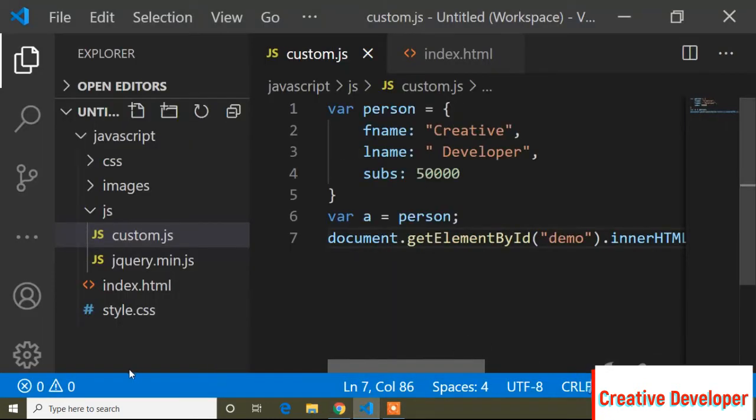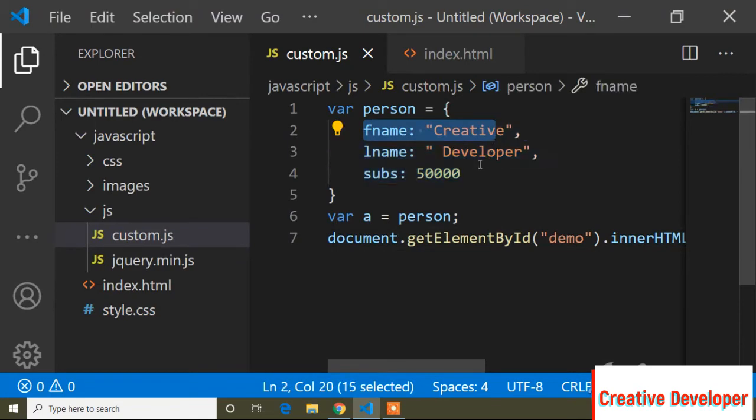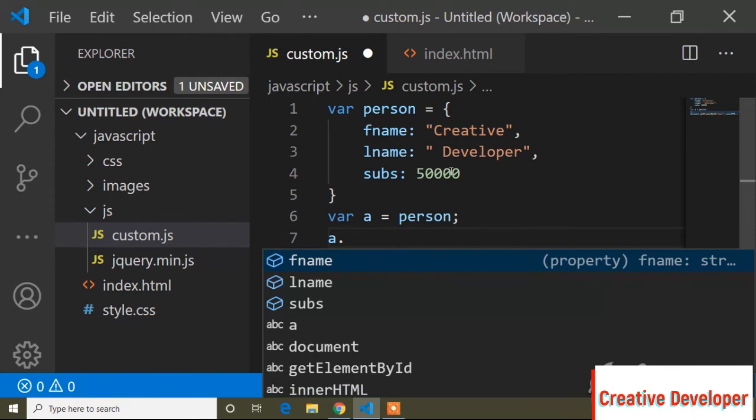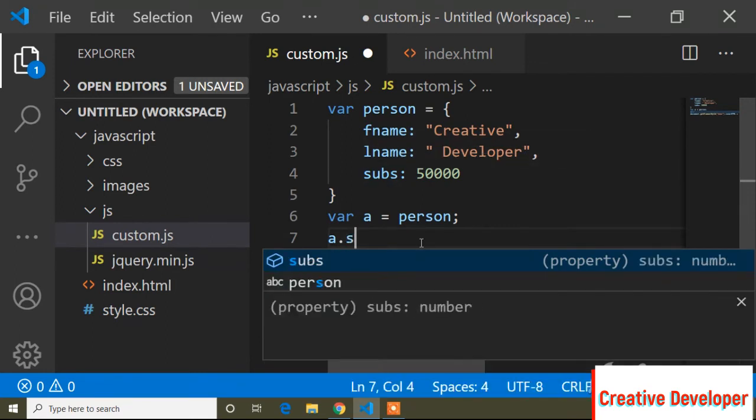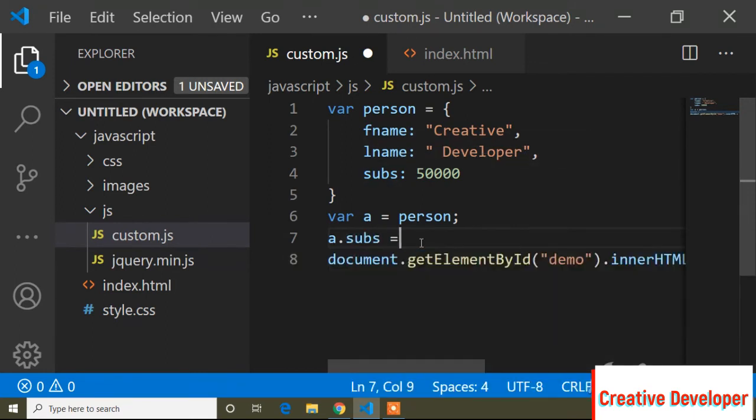And now suppose guys, if I want to overwrite any value, here I can now write a dot, suppose I want to overwrite this subs, so subs equals to, now here I change the value, a dot subs, because I stored our person object inside a variable.